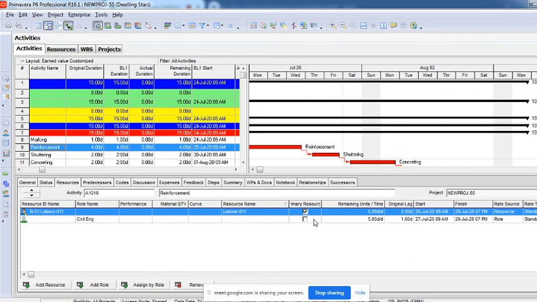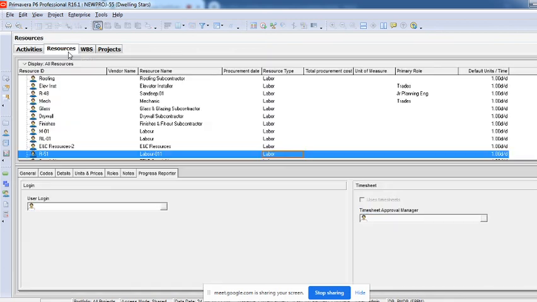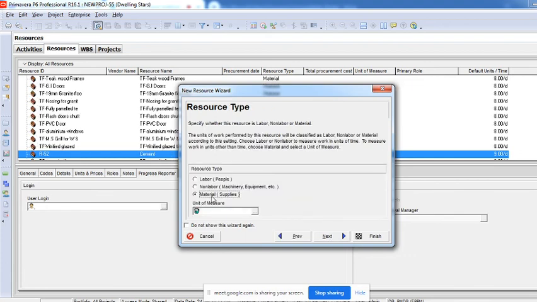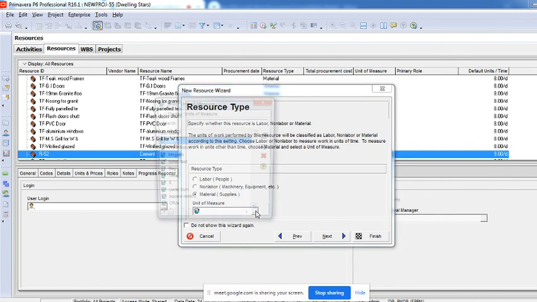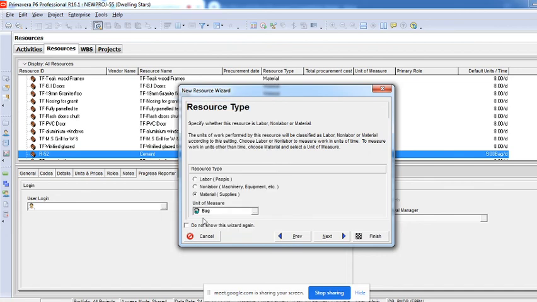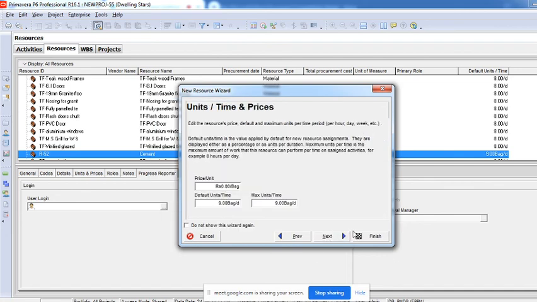So this is how you will have to create roles and then resources. Similarly, you can create the materials, non-labor, also, or the moment you click on this, as I showed you, or you can use this box also. For example, if I say it's cement, I'll say next, and I'll have to click on material, and the moment I click on the material, the units of measure has to be given. Now for example, I'll say bag, because I've said cement, not concrete. So do we have bag here? Yes, I have. If it is not there, you will have to create it through your admin. So there's a bag here. I just add and then say finish.